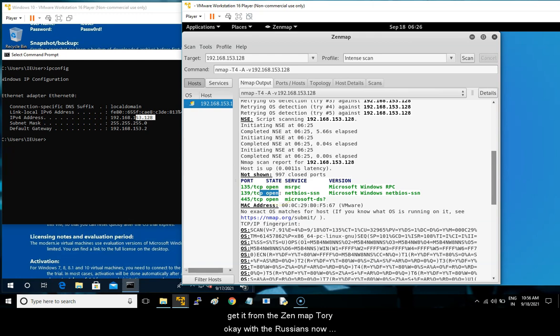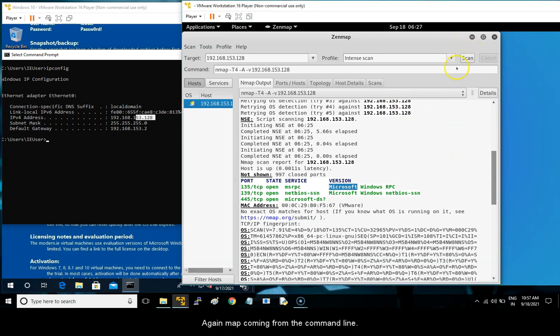Okay, so the versions, now you can go to Google and check the version, and you can look for exploits and vulnerabilities in the specific version. Got it? So the hacker will do it like this only. So getting the exact program version is really helpful when we get to the gaining access section, and you will see then how we can exploit the vulnerable services and gain full control over the computers that have these services installed. Let me show you another example.